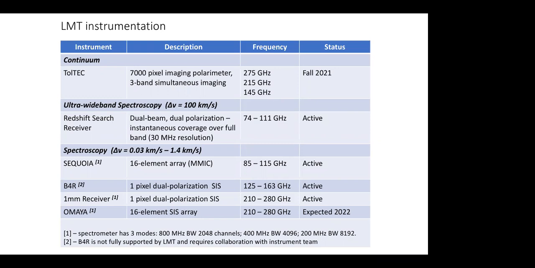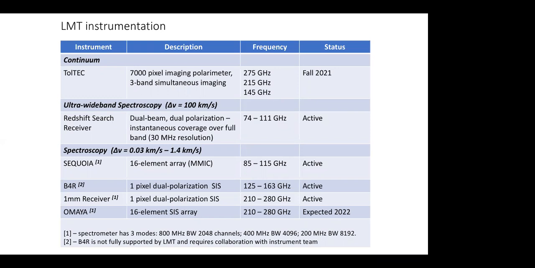One of the workhorse instruments, and a very unique instrument that we have, is the ultra wideband instrument called Redshift Search Receiver. One of the common modes of using ALMA is doing spectral scans through the 1 or 3 millimeter window and trying to detect CO lines from distant universe galaxies. Well, we actually obtain a spectrum of the entire 3 millimeter window using this instrument without any retuning, in one shot. So this has been a very interesting instrument for us to use, with a spectral resolution of about 3000.